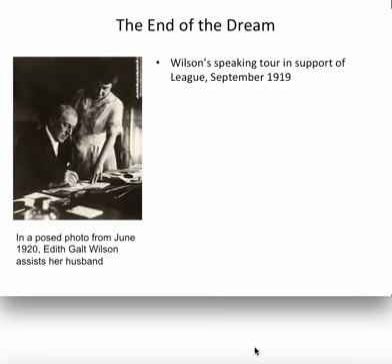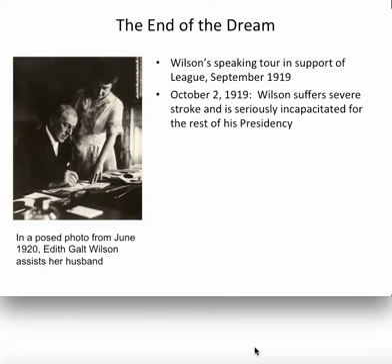And in the documents you had, we saw the arguments pro and con by Wilson and Borah. This was a tough fight for the president, and so he decided to take his case directly to the voters. So he traveled about 10,000 miles by train, going all over the country, making dozens and dozens of speeches, and really exhausting himself. When he got to Pueblo, Colorado in late September, Wilson collapsed from the strain, and he had to be rushed back to the White House, where a couple of days later, on October the 2nd, 1919, Woodrow Wilson suffered a very severe paralytic stroke in the White House, and really became almost incapacitated for the remainder of